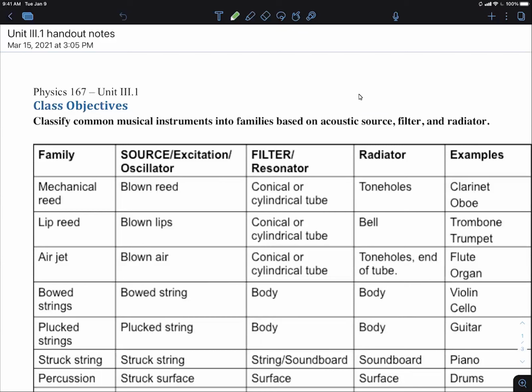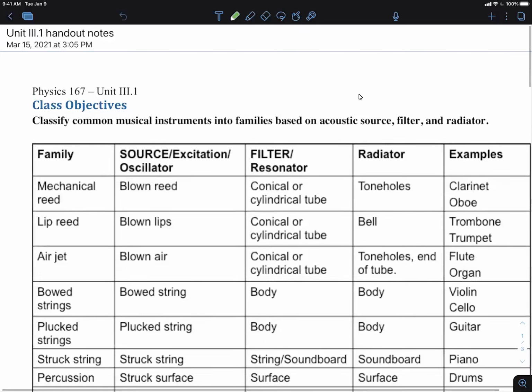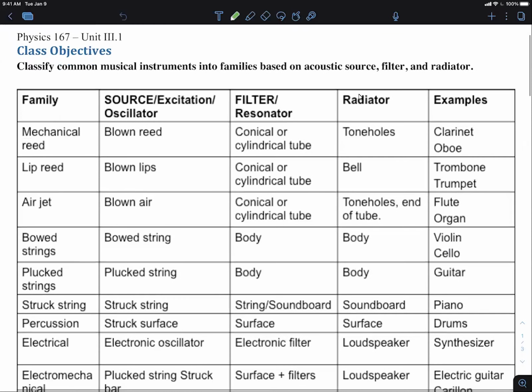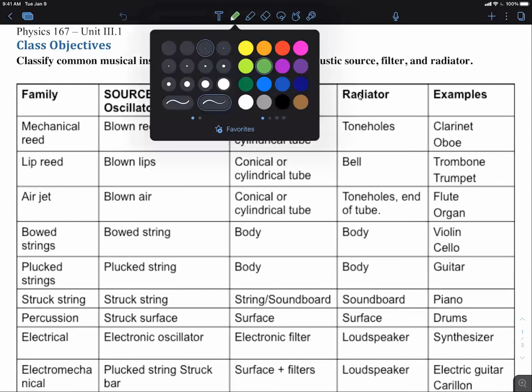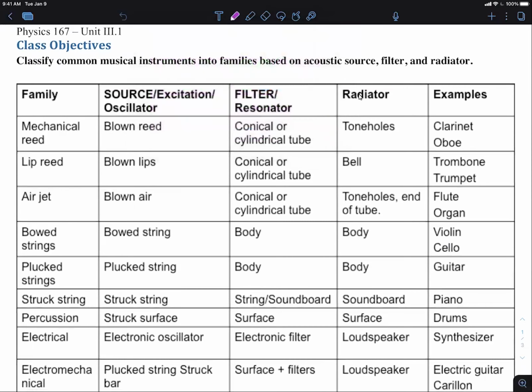Okay, well, hello, and we're starting Unit 3 here. This table that's at the beginning of the handout is the answers to many of the questions that will be in this unit. It's just here for you to be able to refer to. The important thing to understand about this is that the source, by source or excitation,